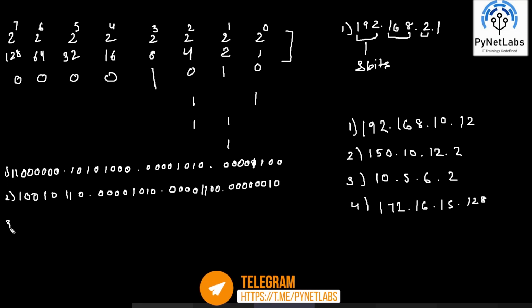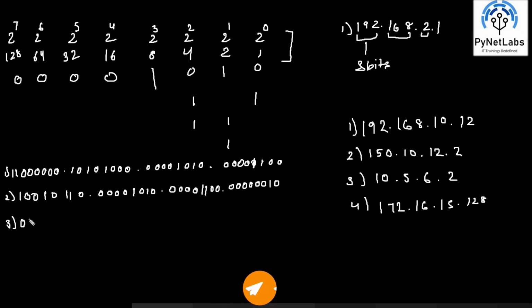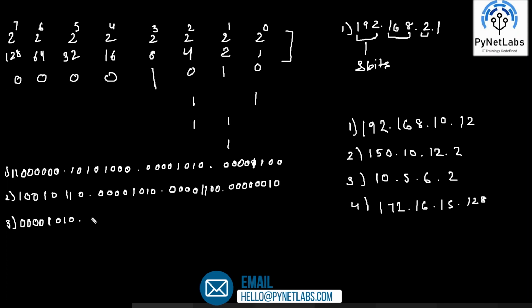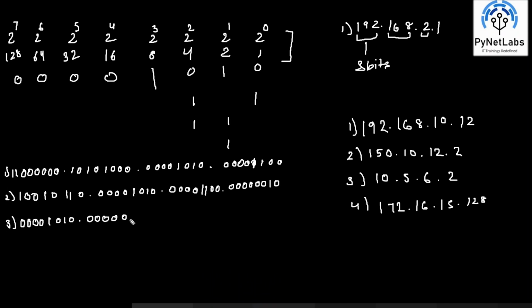So the binary conversion is here: 0, 0, 0, 0, 1, 0, 1, 0, dot, 0, 0, 0, 0, 0, 1, 0, 1, then 0, 0, 0, 0, 0, 1, 1, 0, and the last one is